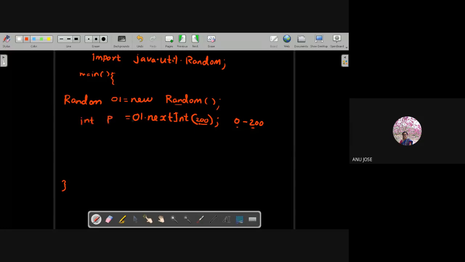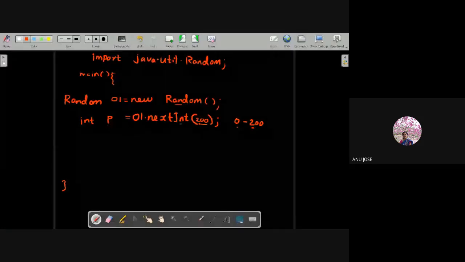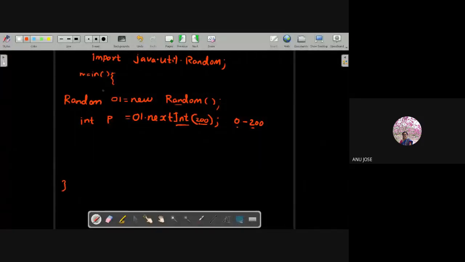Int p is equal to that, so it generates one random number and stores it in the integer variable p. The type of random number we are creating is integer, so nextInt gives that. This is related to this program because it is asking for the n value, maybe more than 5000. n indicates the number of elements in the array.